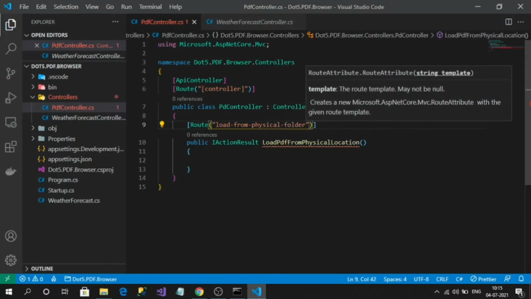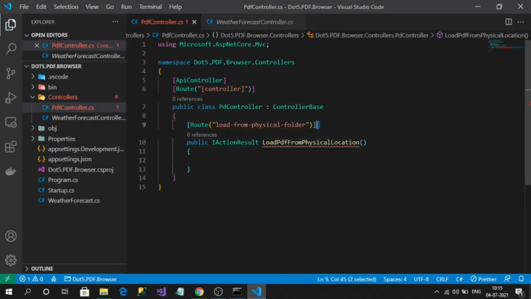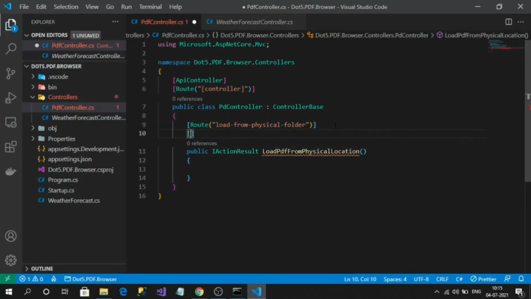So this is my action method and my action route. Let's define the HTTP verb as well, HTTP get.